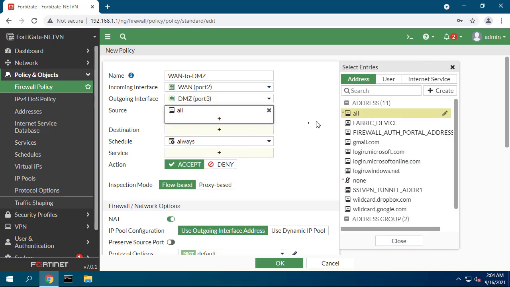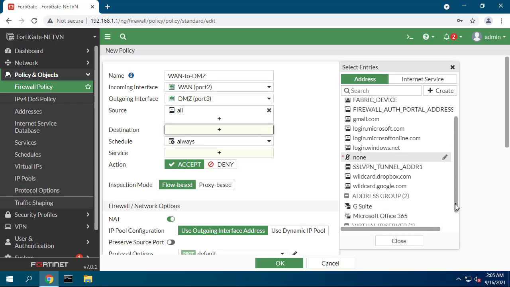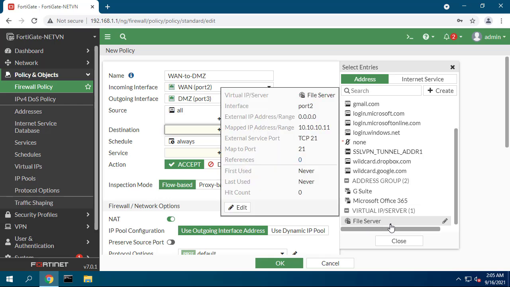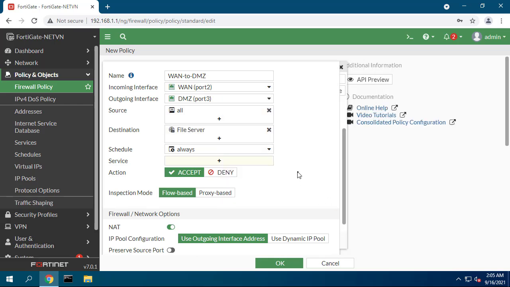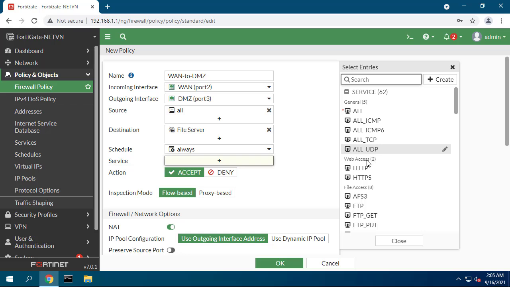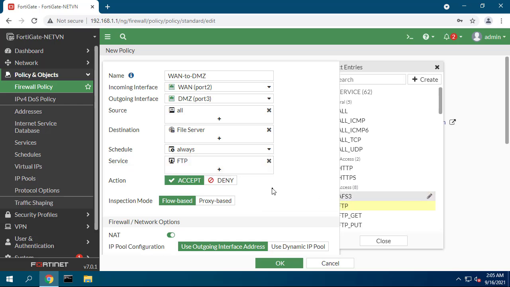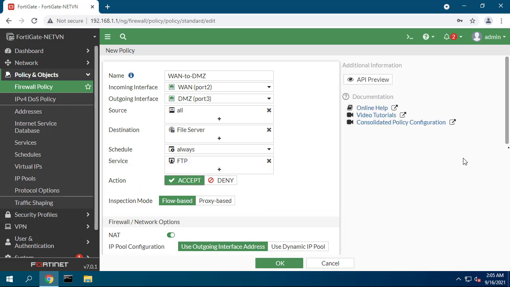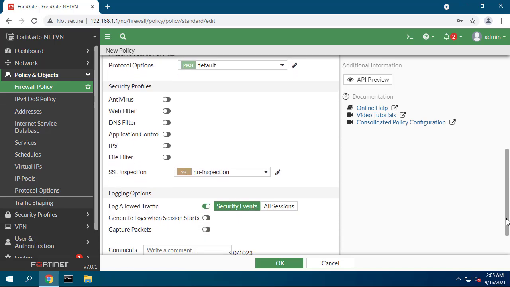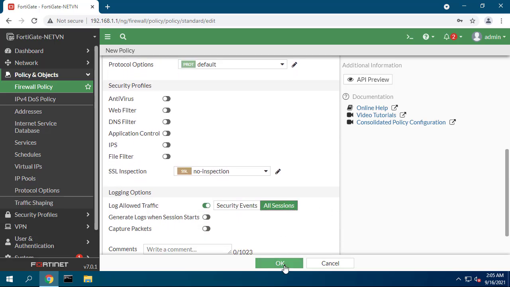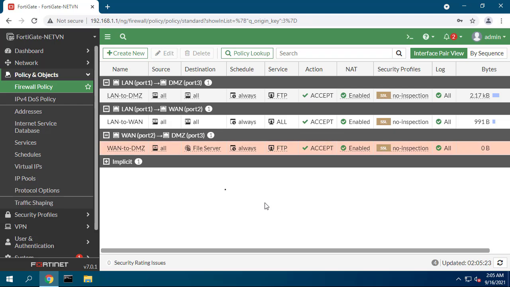Set source and schedule to all. Add the virtual IP as the destination address. Set services to FTP. Make sure the action is set to accept. Turn on NAT.